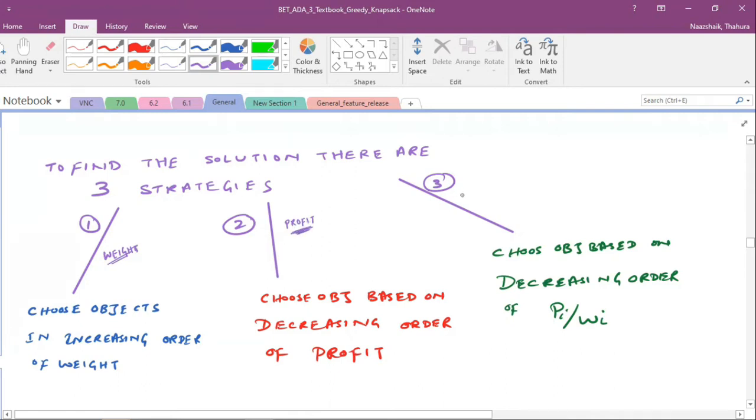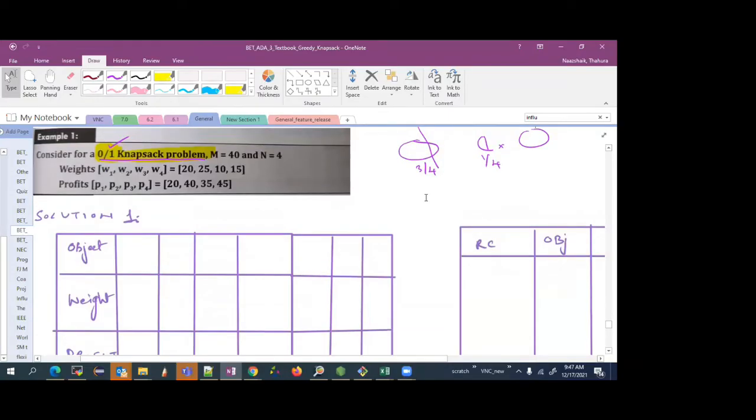Okay. Imagine there's a third person who does both. He'll say, let me pick the one which has the maximum profit, and also let me check the weight. I want to pick something which has less weight. Right. So these are the 3 ways of solving the knapsack problem. First one is